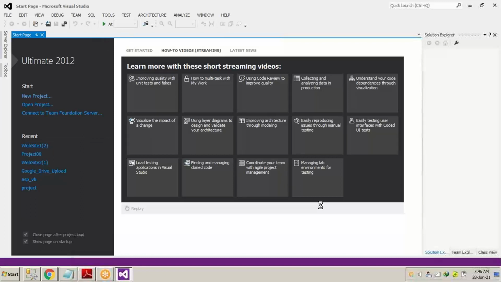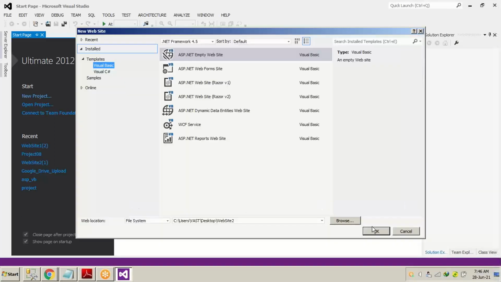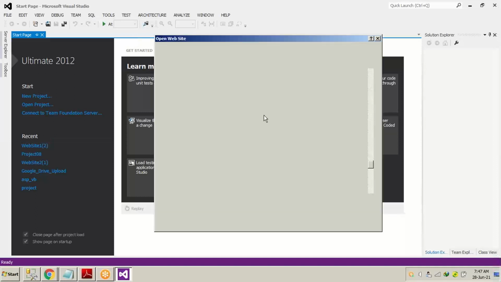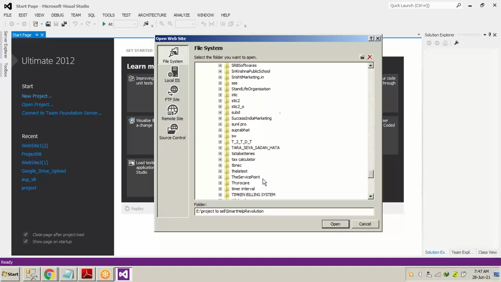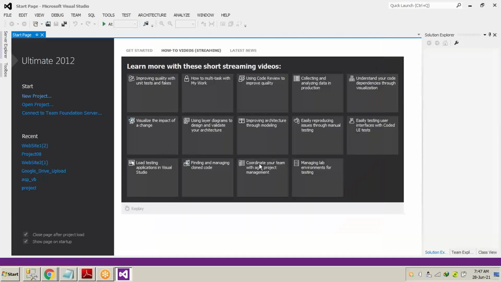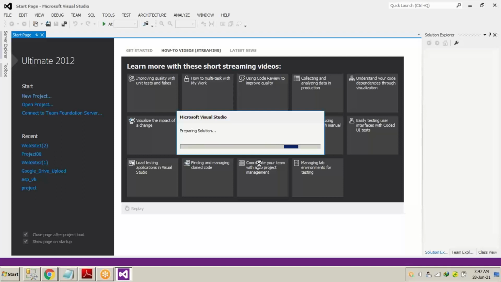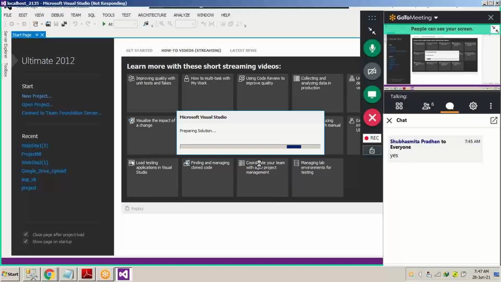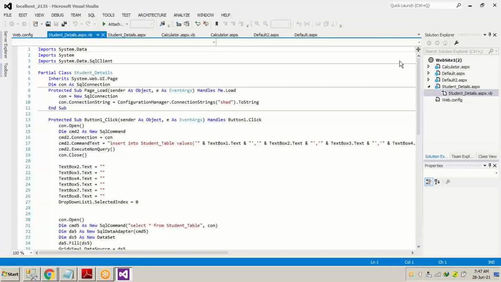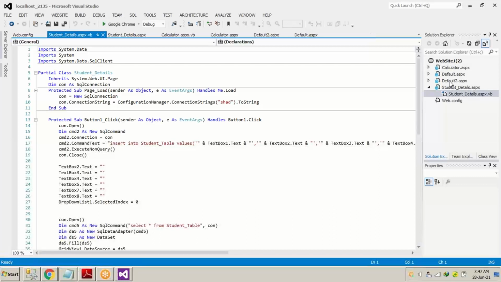I have to select open website, and I have to select this website 1. Now I will just run the project with the student detail table.